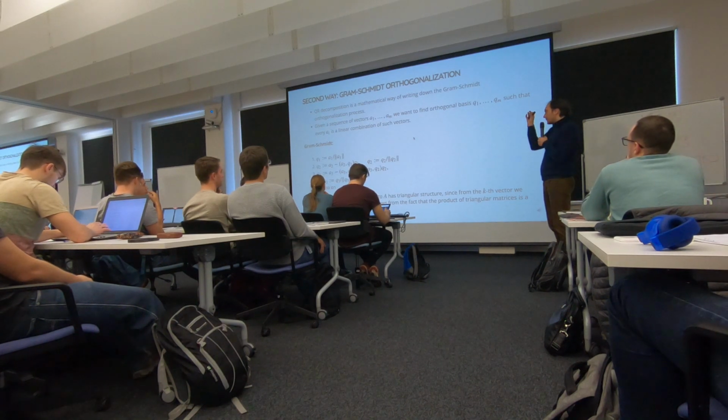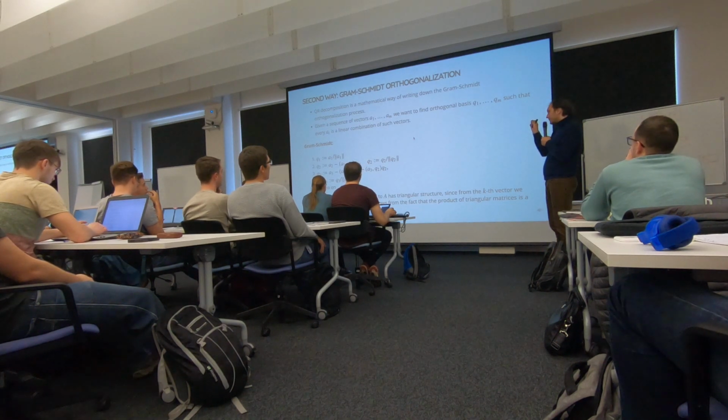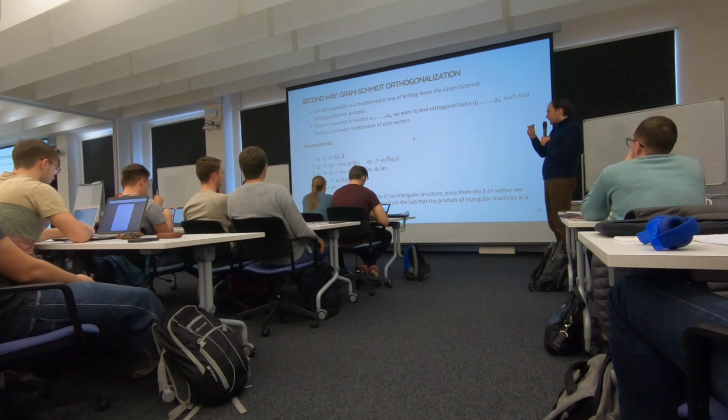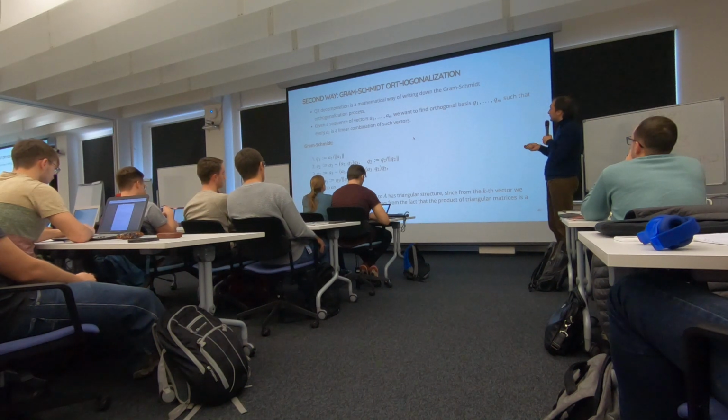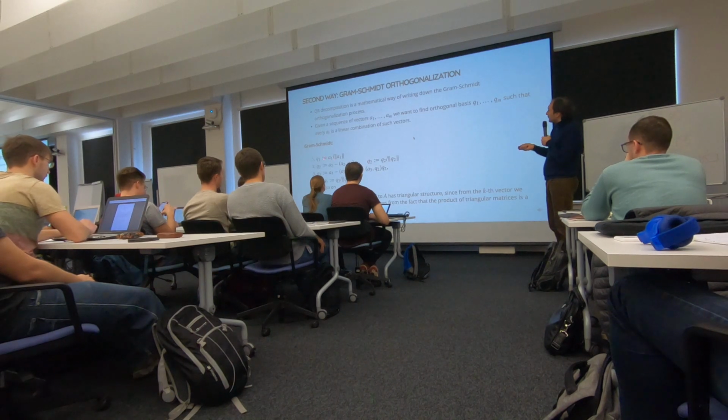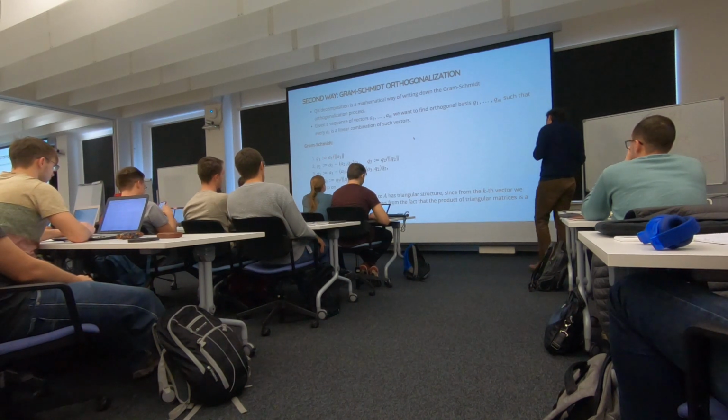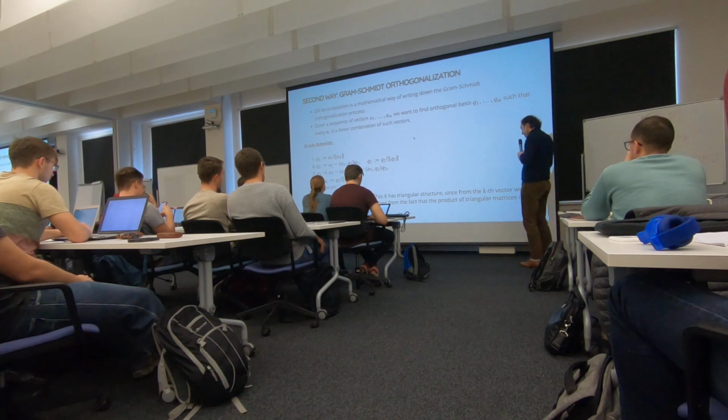If you have this Q matrix times R matrix, where R is upper triangular, it means that the last vector is proportional to the last column. Gram-Schmidt does it in the opposite way: given a sequence of vectors, we want to compute